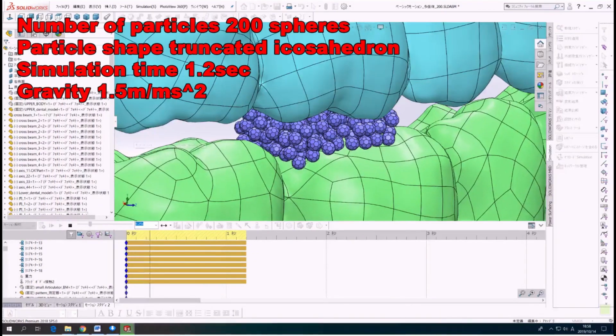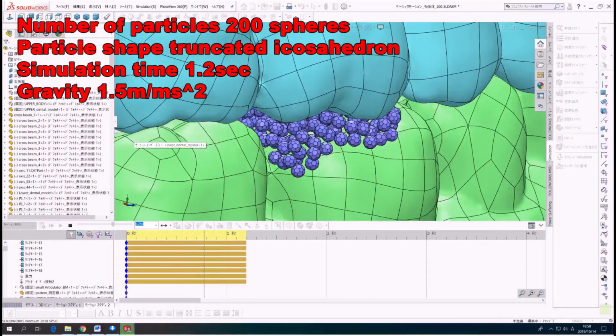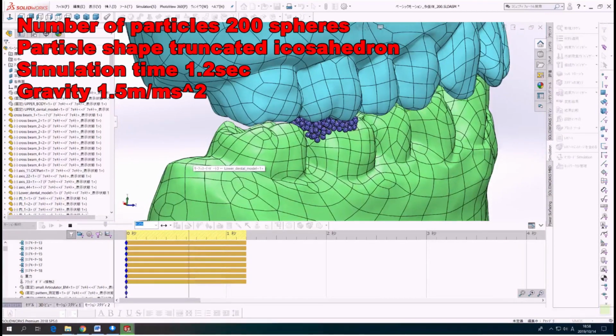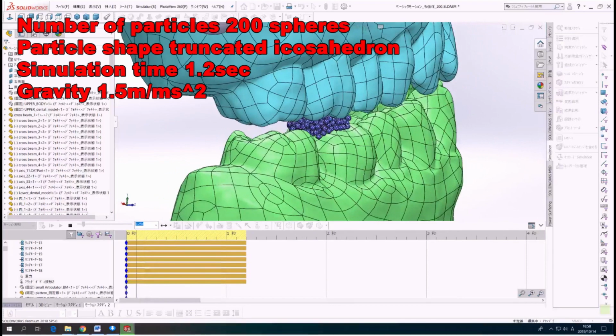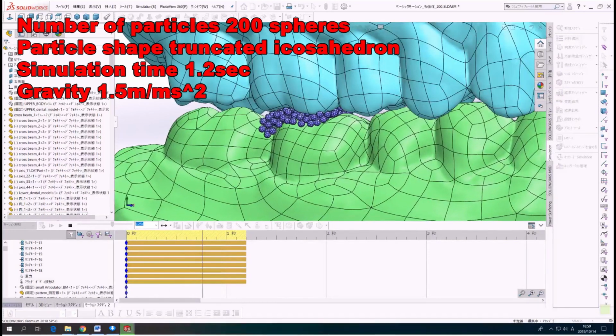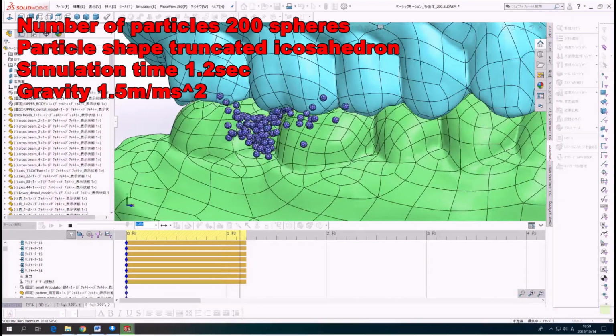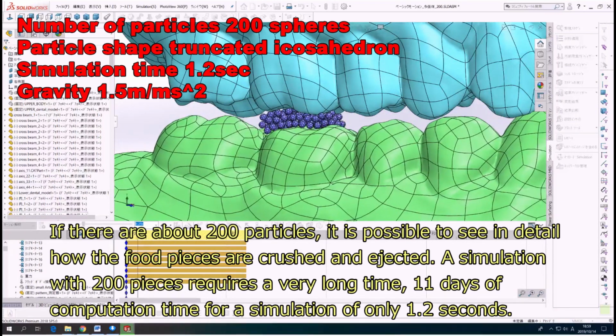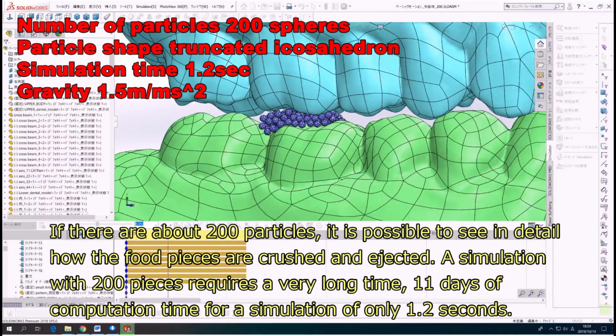Conditions of the setup. The number of particles is 200 spheres, the particle shape is a cut-topped icosahedron, the simulation time is 1.2 seconds, and the gravity is 1.5 meters per millisecond squared in this case. If there are about 200 particles, it is possible to see in detail how the food pieces are crushed and